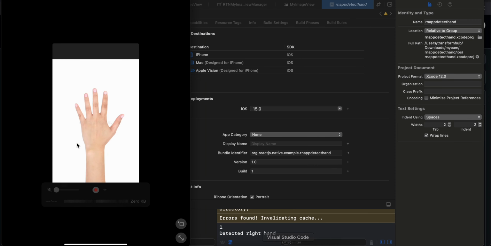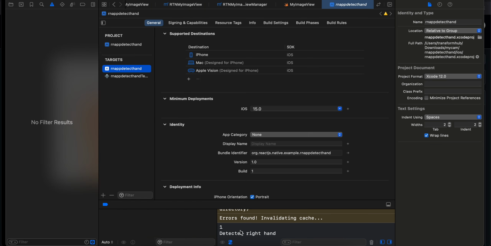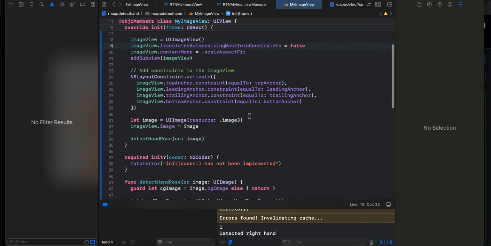So here you can see that I am displaying one image, right? So it is left hand, still it is saying right hand. I don't know why. But yeah, so what I'll do is that I'll just quickly change it to a different image. So here you can see, I'll explain you the code later, but I'll quickly rerun the application, and hopefully